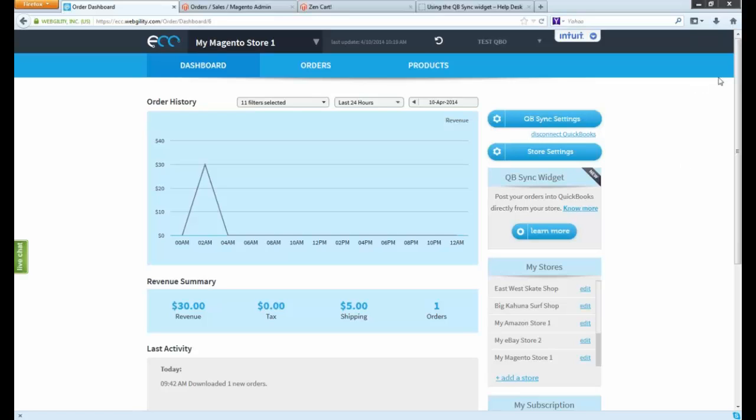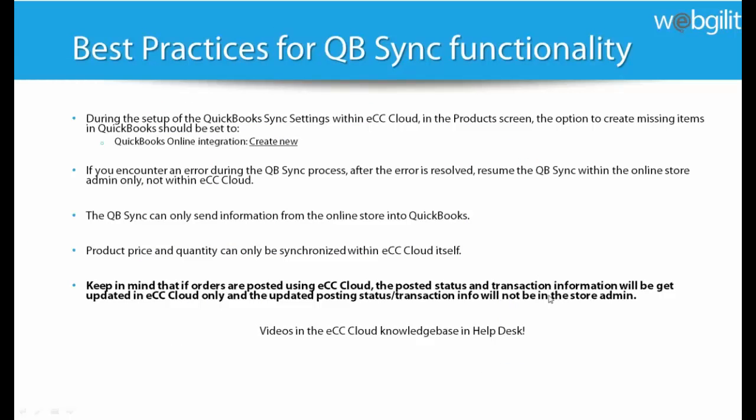So the next thing I want to talk about, since I mentioned that this is really easy to use, is best practices. Because the ease of use lends itself so wonderfully to smooth use, I want to make sure that when you're using this QB Sync widget, you're using it correctly. Okay? So the first practice, the best practice in my opinion, for using this